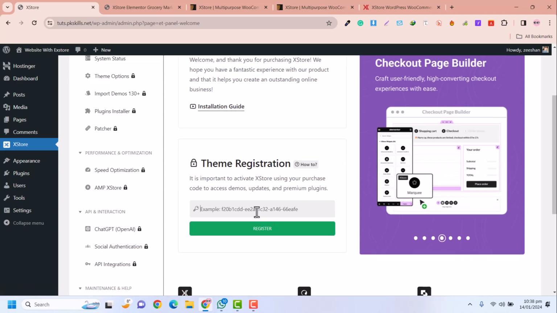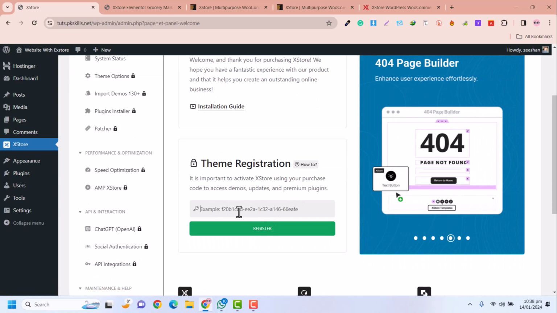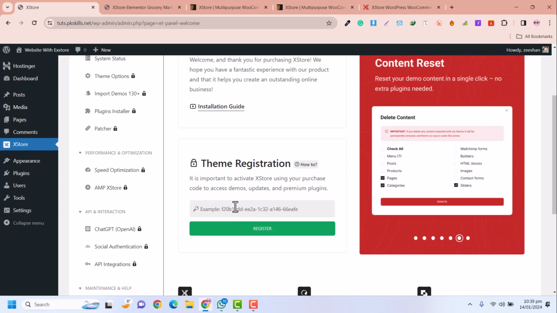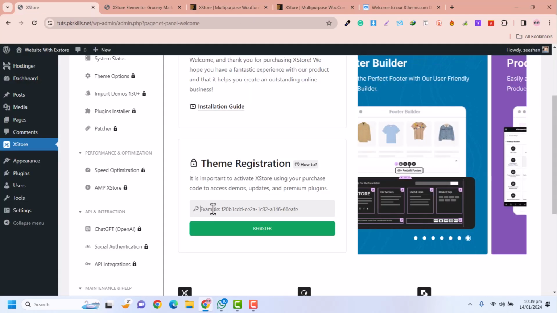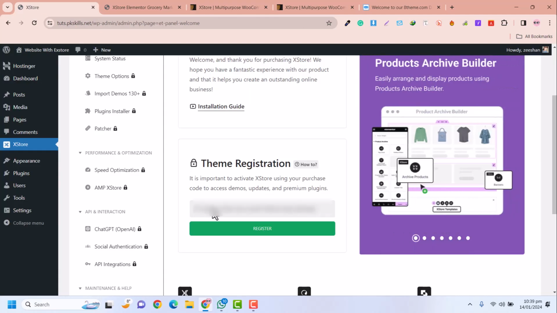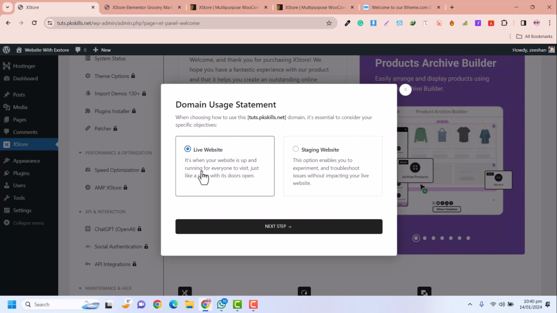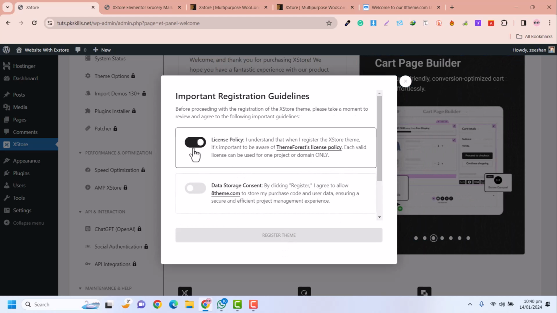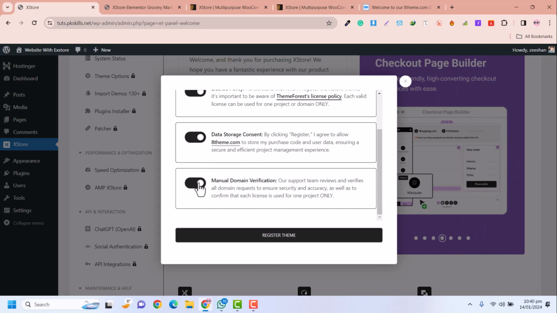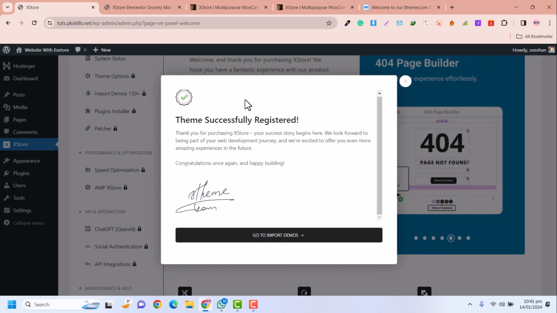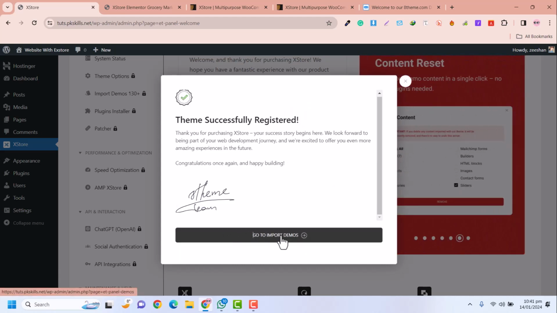You can get more help there. Okay, I will just provide the registration key, so you can get the registration key from your ThemeForest. So here I'll just paste my registration key and click on register. Click on live website and click on next step. After that, you just need to check this license policy as well as manual domain verification, and click on register theme. Now the theme has been successfully installed, and click on go import demos, because we are going to import demos